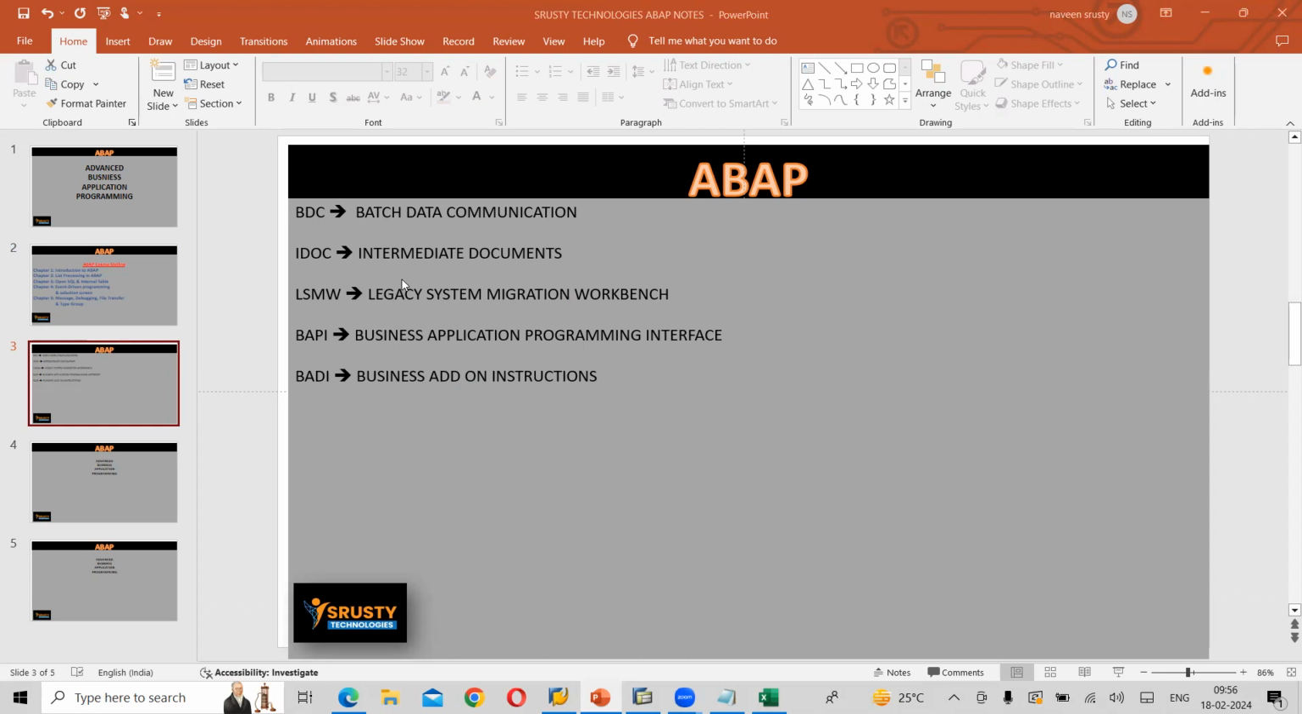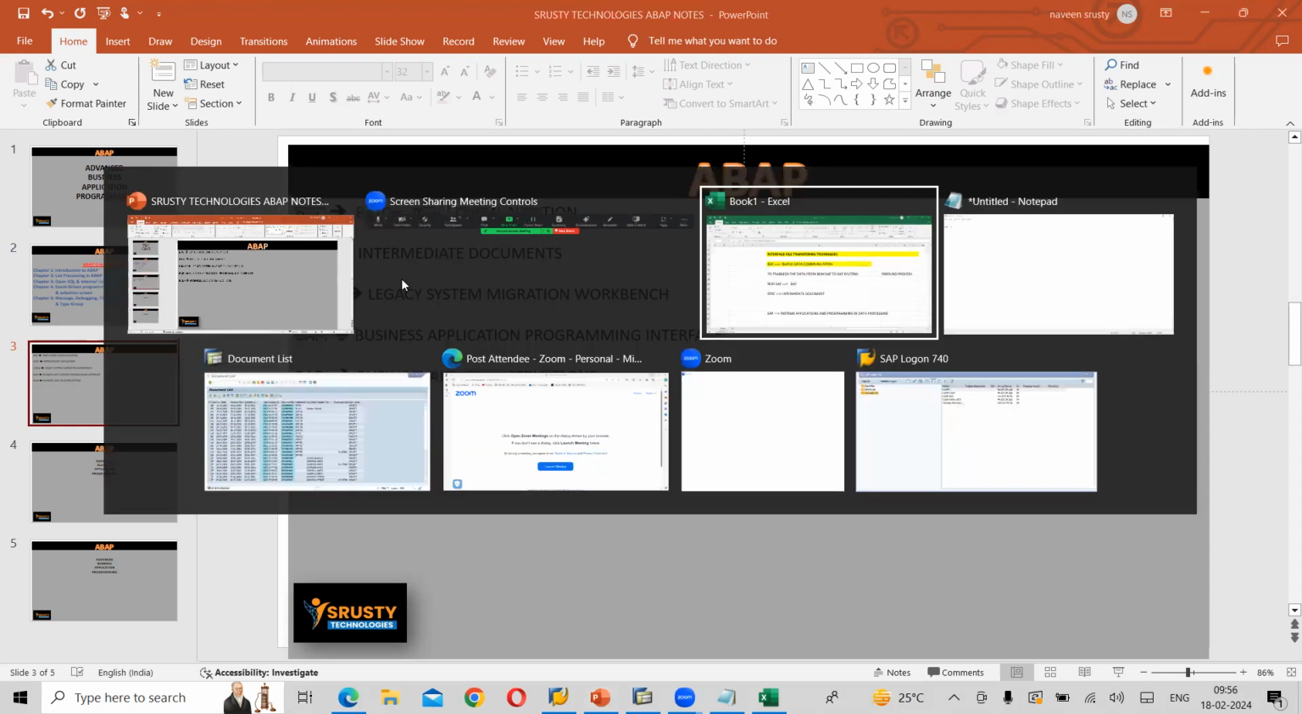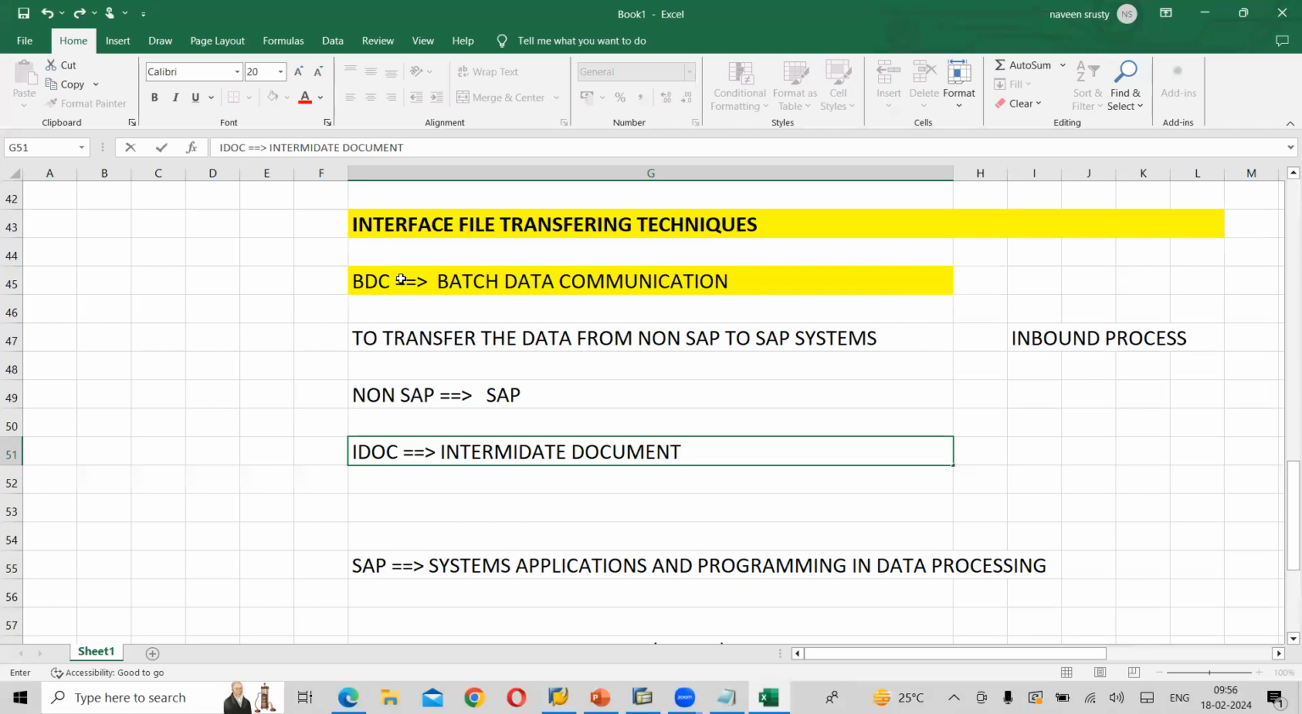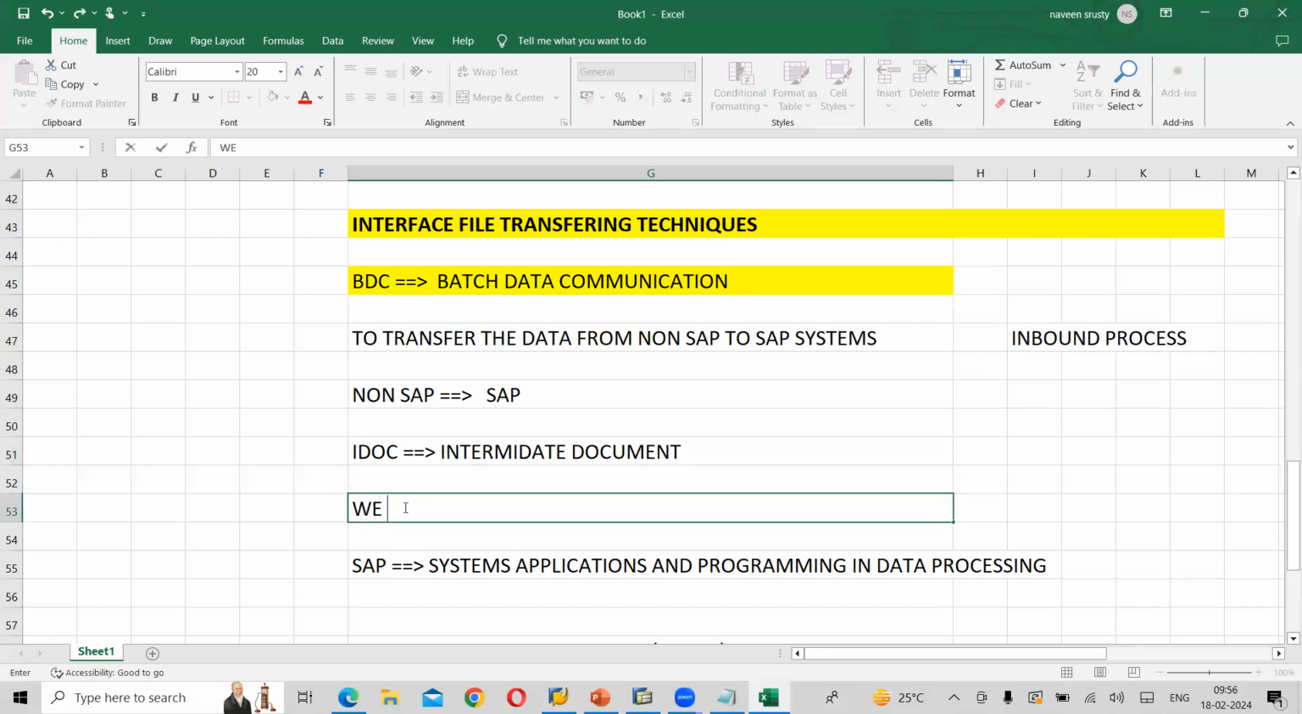So you can see here, IDOC. So what is IDOC? Intermediate document. What can we do? We can transfer the data from SAP system to non-SAP system,